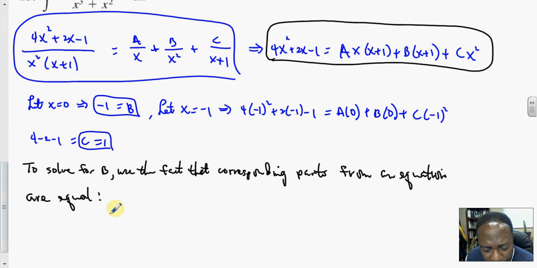So we take this equation, we have 4x squared plus 2x minus 1 is equal to, we simplify,